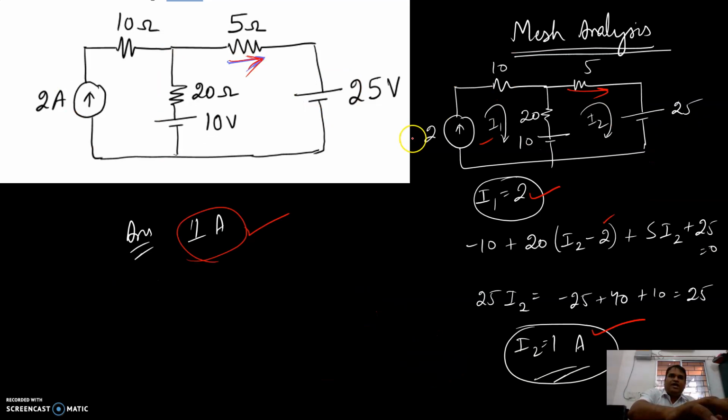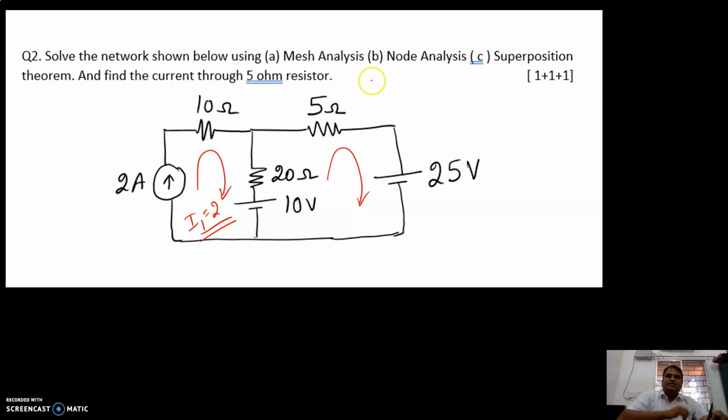similarly here you have been asked about mesh analysis, node analysis and the superposition theorem. If your answer is correct in all and the procedure is also right, you deserve 1 plus 1 plus 1. If your answer is wrong but the procedure is right, you can get 0.5, 0.5 and 0.5. But if you have made a shortcut and got the answer directly without showing a procedure, you will also get the same marks. That is how the marks are divided.